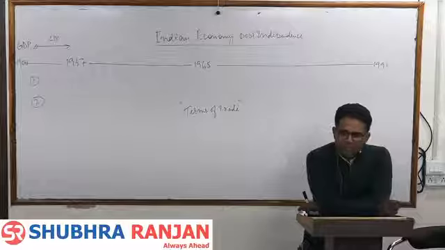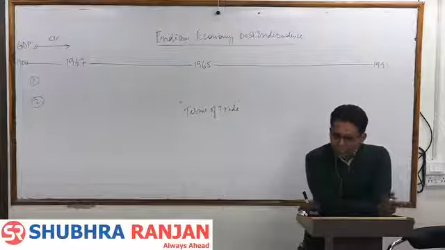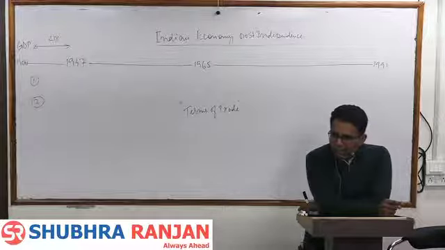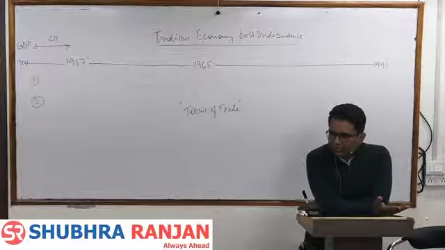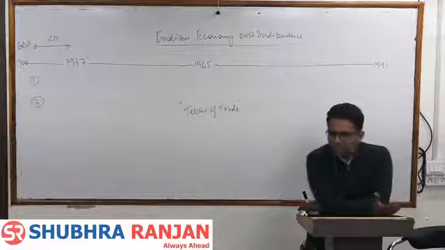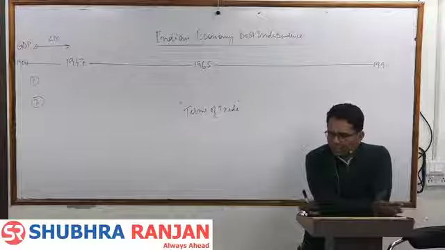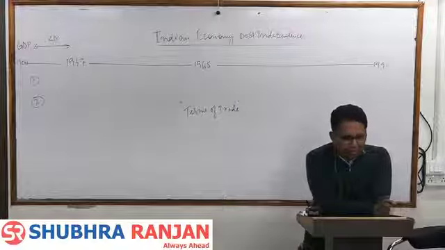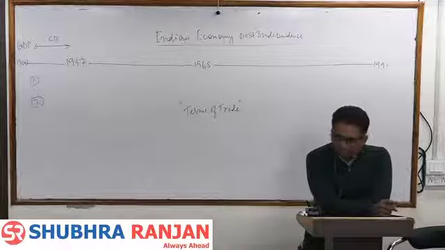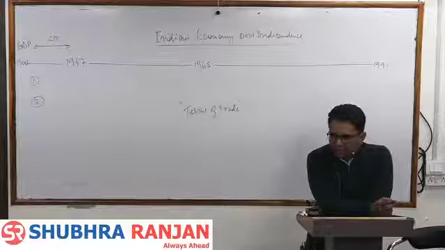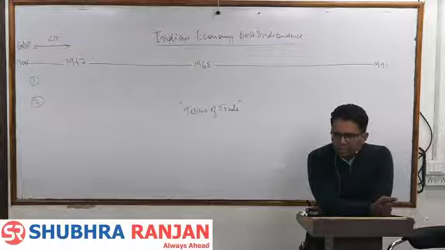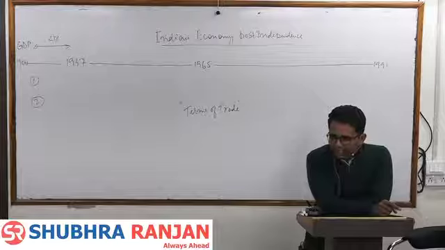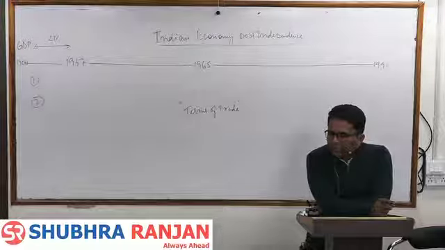And since terms of trade is favoring the industrial sector more, the value addition in the agriculture sector is less. Value addition means whatever price they are fetching for their work. So value addition is less. And when value addition in the agriculture sector is less, that means the labor dependent on the agriculture sector, his income will always be less.